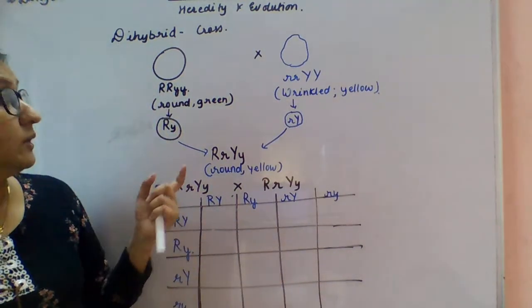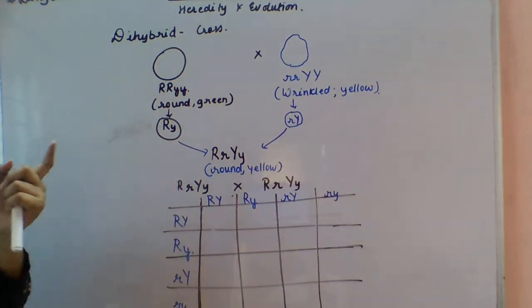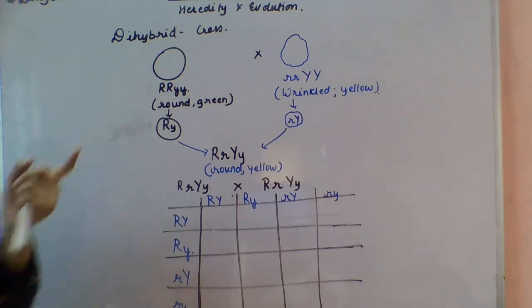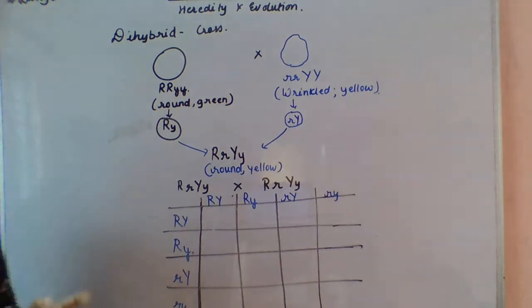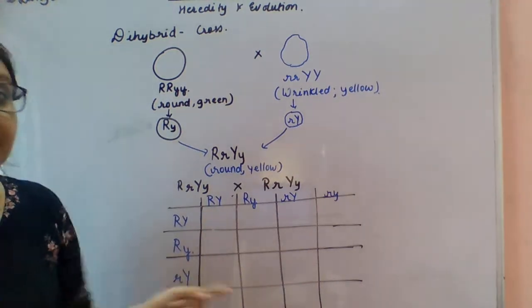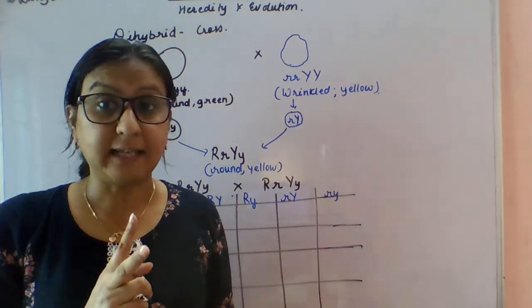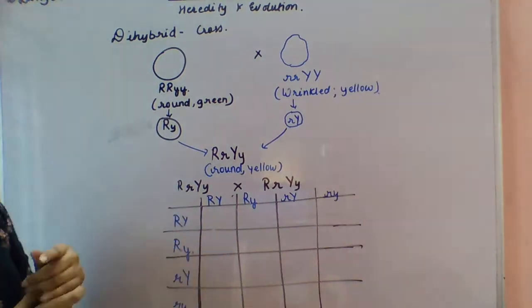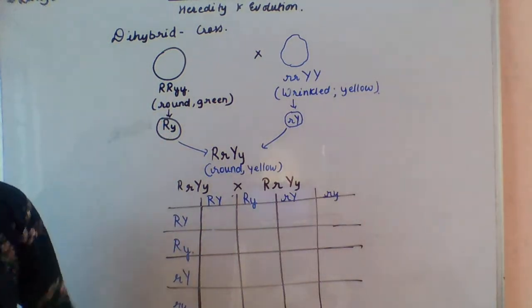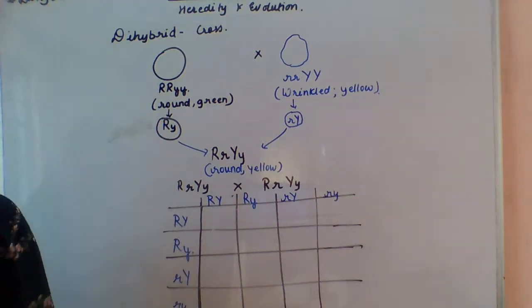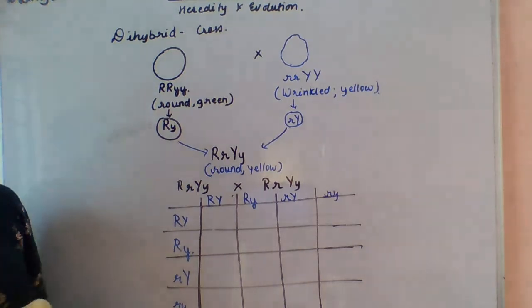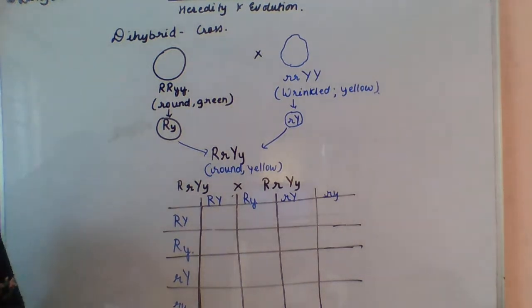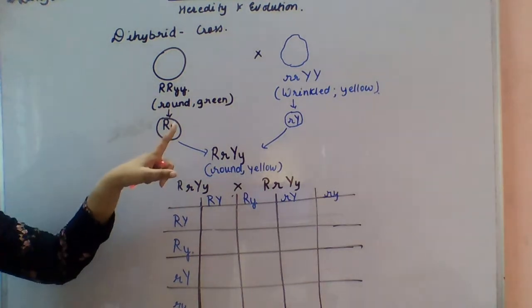What did I explain to you in the dihybrid cross? In this dihybrid cross, a cross in which inheritance of two pairs of contrasting characters is simultaneously studied. So two pairs of contrasting characters we are taking here. What are those two pairs? See the chart that I prepared for you yesterday, that Mendel's one. So two characters we are taking, that is shape and color, seed shape and seed color.